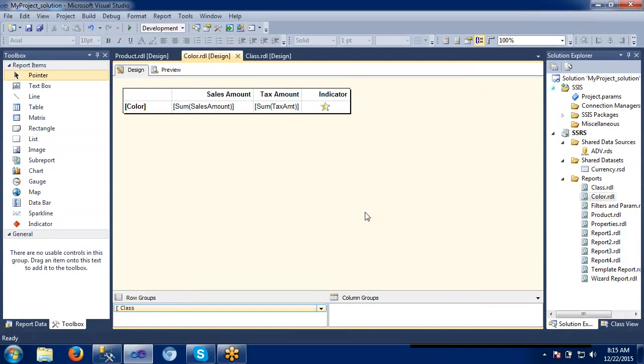So these are the different report items we have almost covered, except this map. Don't worry about this one. The rest of the things we have covered with the best of properties. We have covered all the properties and options which are available. So this is all about the report development.